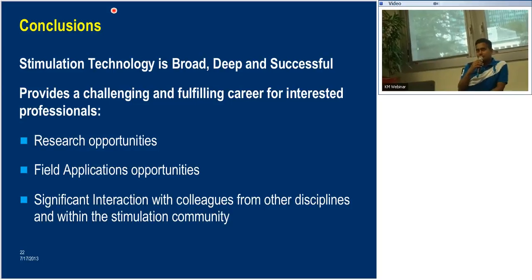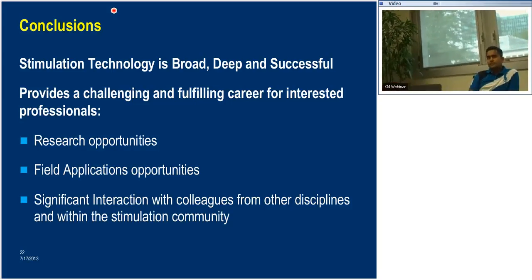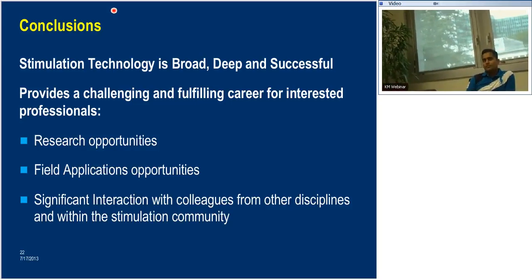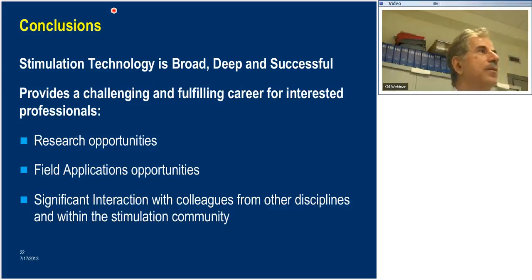It was sustainable in the long term. It depends on the cases. Where the stimulation is successful, it is sustained. So I remember a case for frac and pack, for example, where the first frac and pack was, well, not